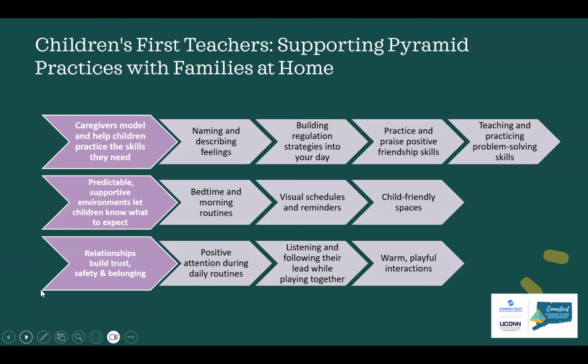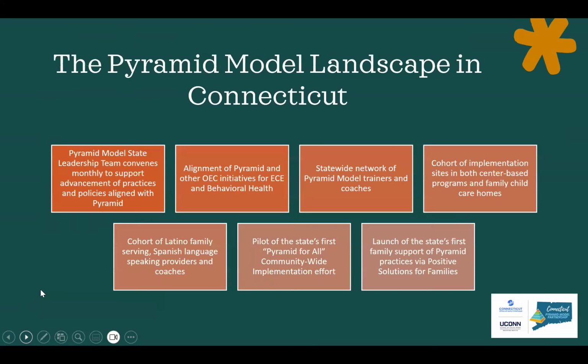about through Pyramid Model is the social and emotional developmental expectations of kids at a given age. Because in our society we often know a lot about developmental expectations, typically within gross motor and fine motor. We know when kids generally walk and stand and talk and sit, but the unseen, like what is their social and emotional capacity or task that they should be doing or could be doing at this time, a lot of families, unless they're specifically trained or have the right books to learn that, don't know that naturally. So you see an increase in warm and playful interactions when there's more knowledge around those things.